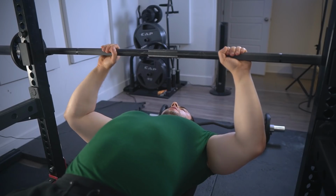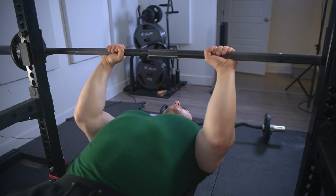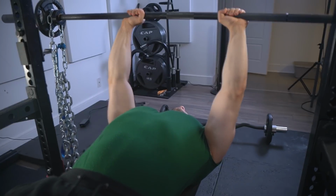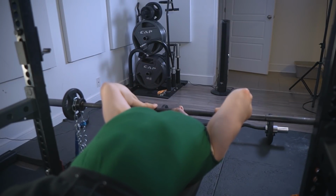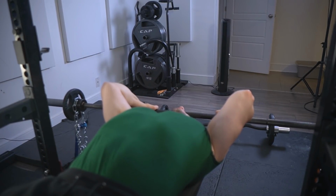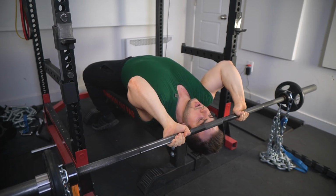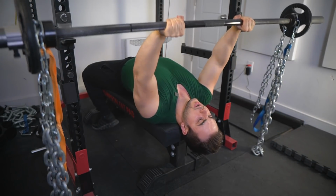And of course, referring to the extension with chains. First things first, narrow out your grip, tuck those elbows in, and get your head slightly off the bench. This way, when you bring the bar to your forehead, you're getting slightly more range of motion. Extremely simple and not that different from a regular extension, just that we're modifying the strength curve such that it's